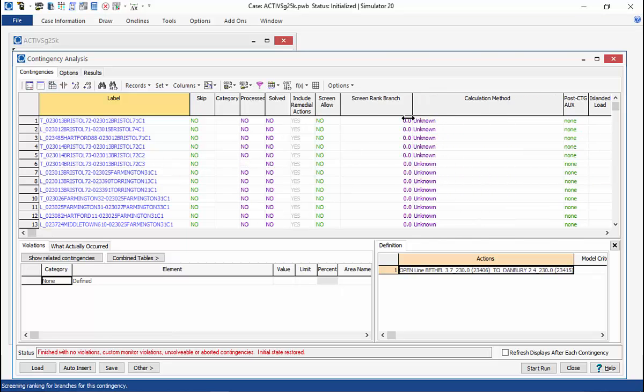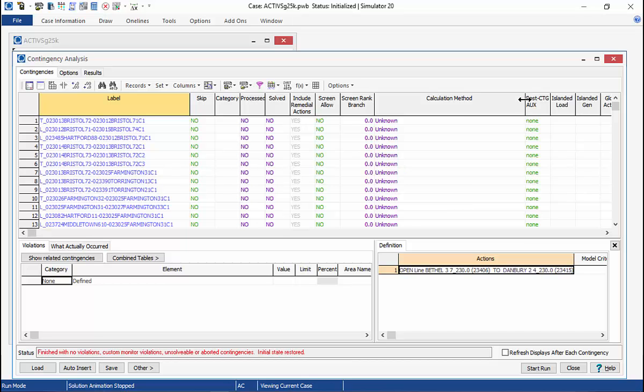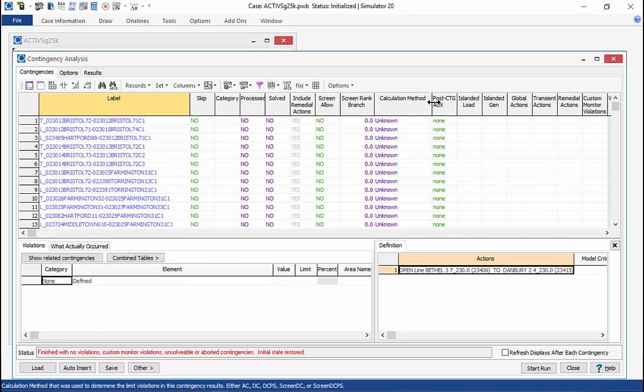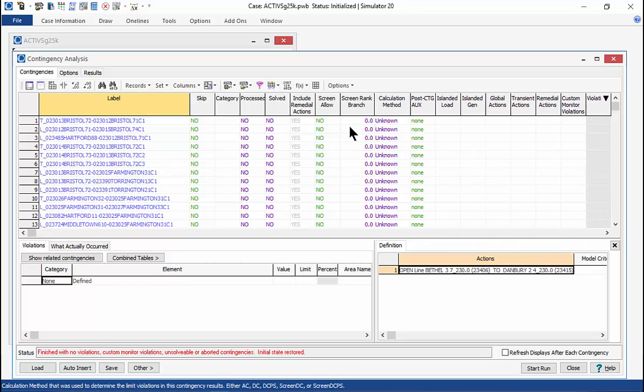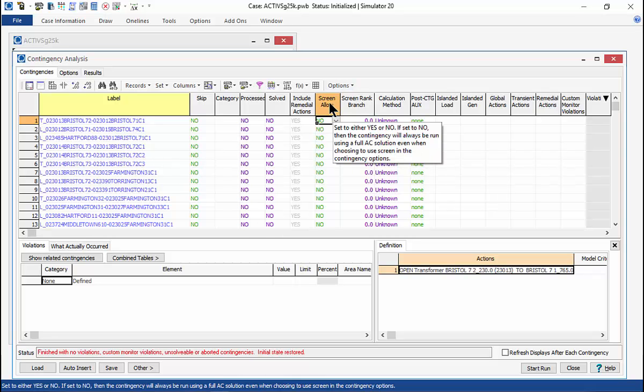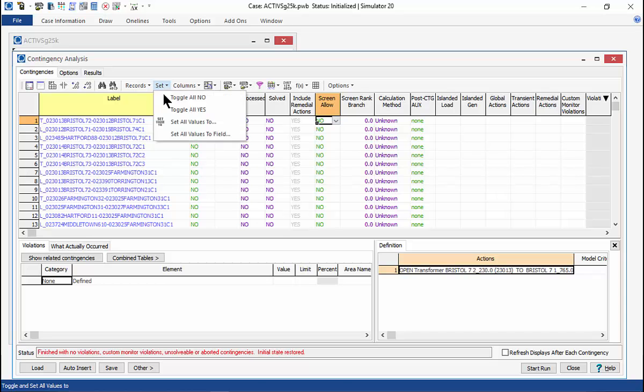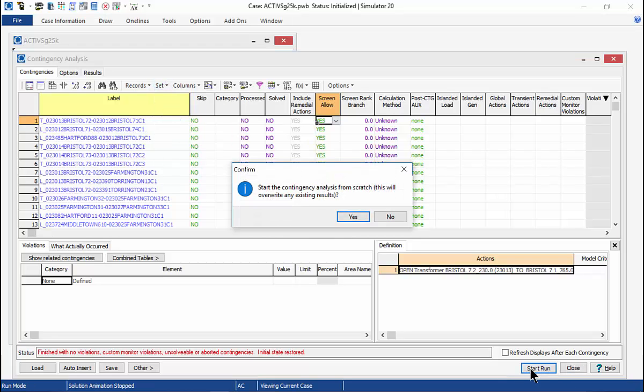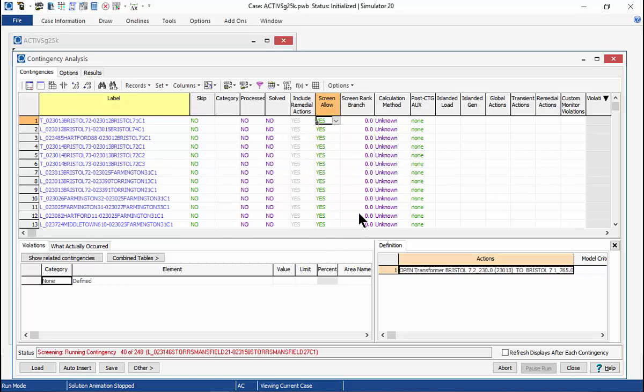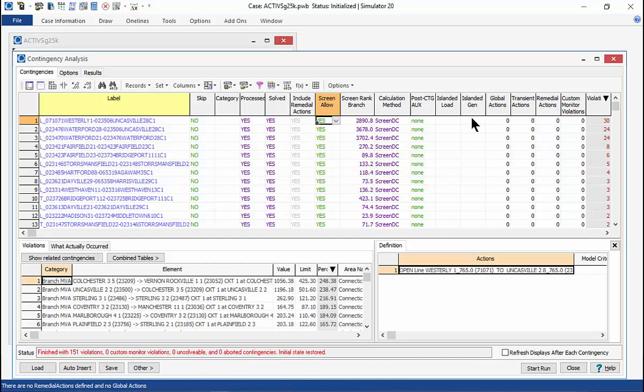The other step I need to take is to tell it for each contingency to allow screening. And I'll just do that for all the contingencies. There's a contingency field here, screen allow. And I want to set that to yes. Try that again. Okay. Now I get a bunch of results